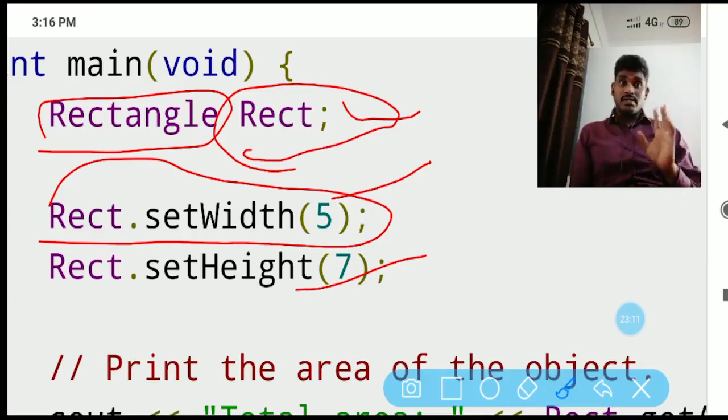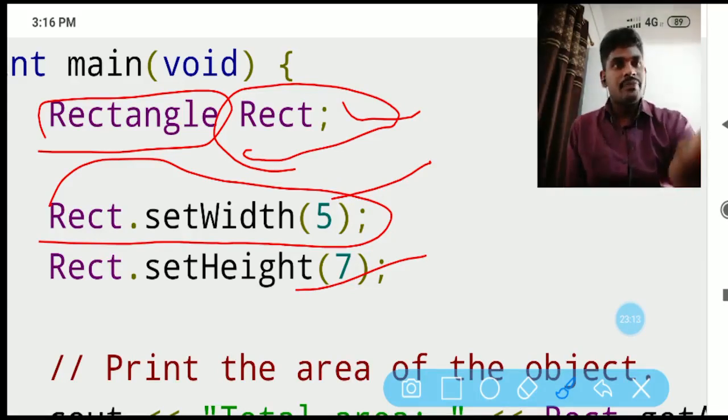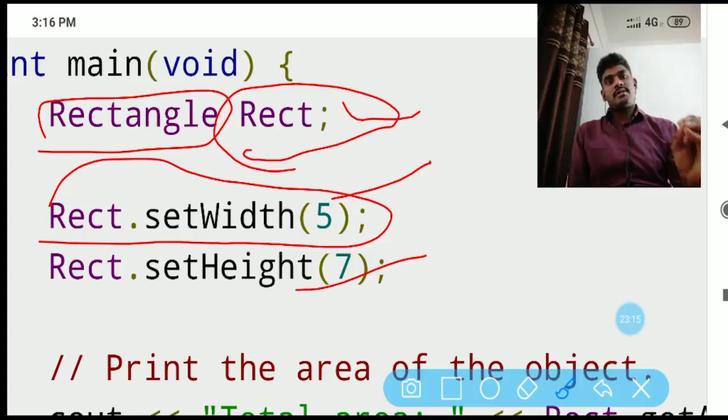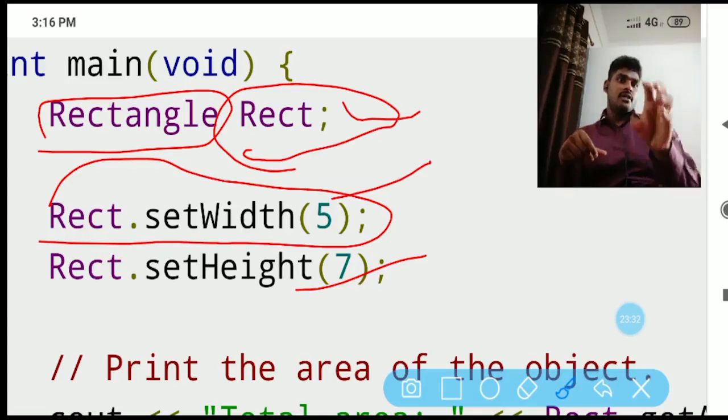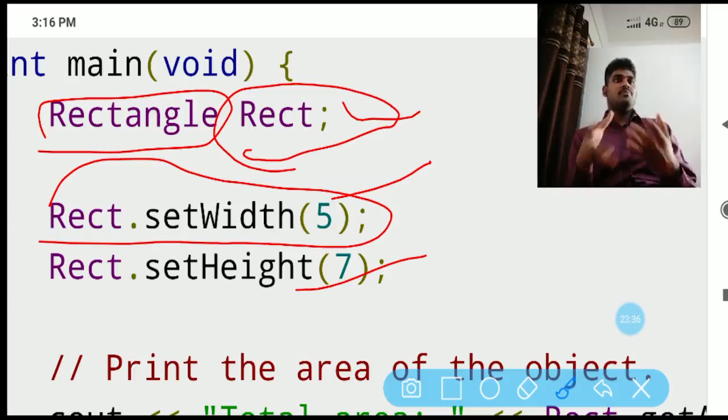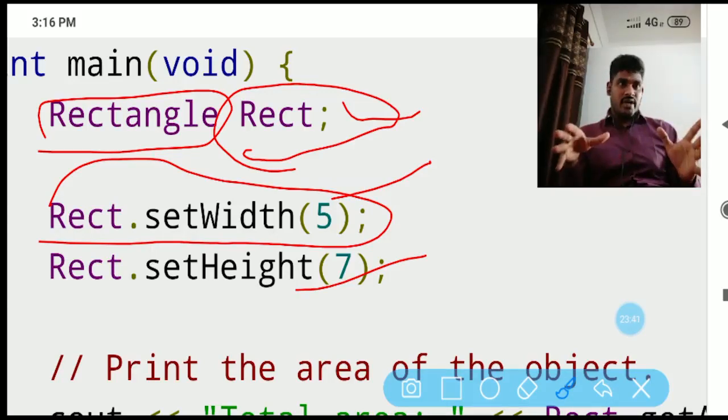So here there is no constructor, but there are member functions. Set width, set height, and area are all member functions. But in the previous slide we saw constructors, classes A and B. Both are constructors, but here these three are member functions. What is the difference between them? They seem to be the same, but both are different.